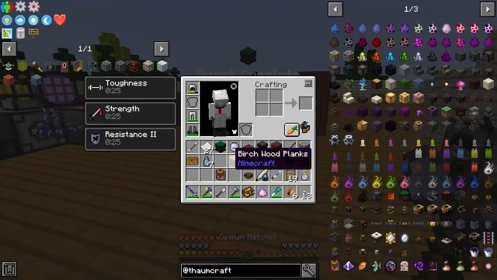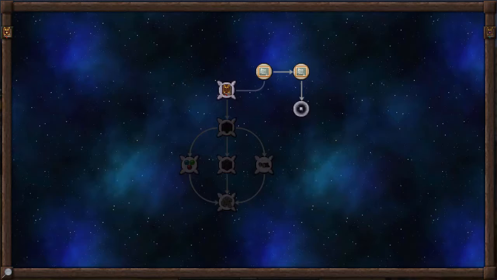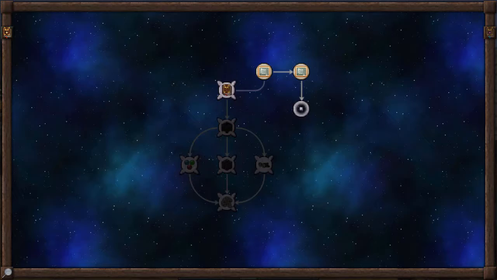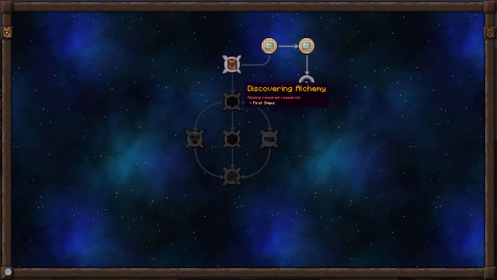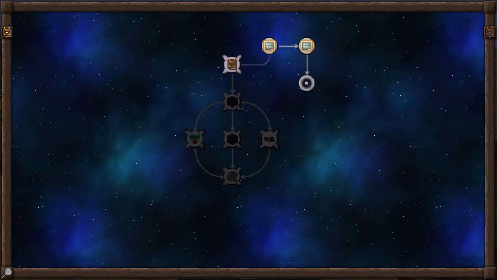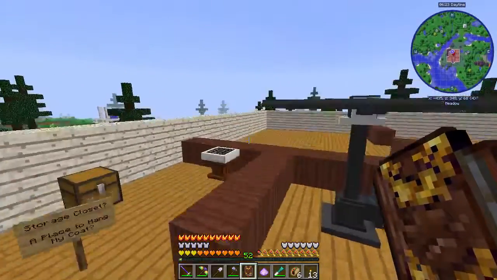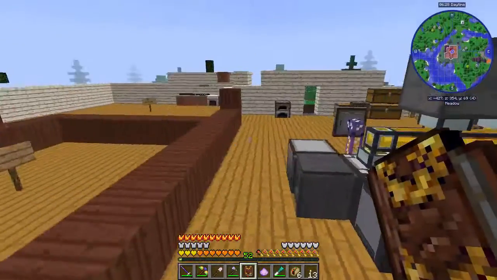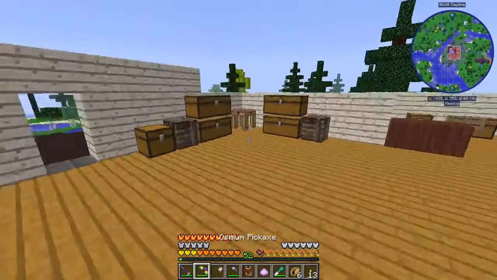I don't know if that is something we can complete, and then it wants us to do more stuff. So yeah, what we're gonna do is I'm gonna start getting into current stage 1 out of 3, observation fundamentals. I'm gonna start looking into how this all works, and we're gonna set up an area for Thaumcraft. It might require me to build some more, so I don't know if we're going to do it next episode or not, but